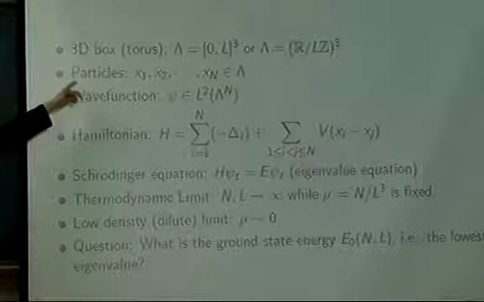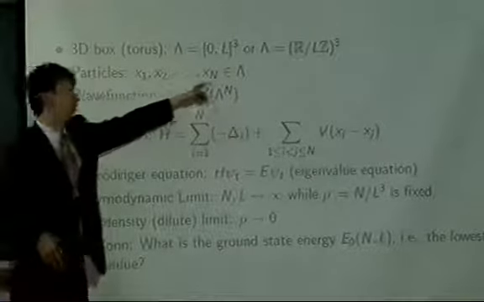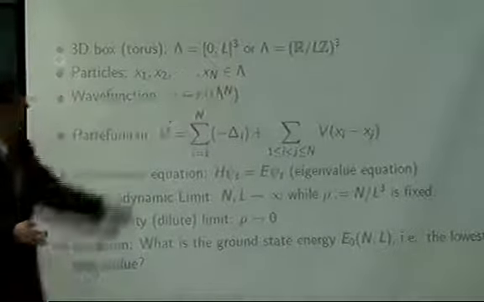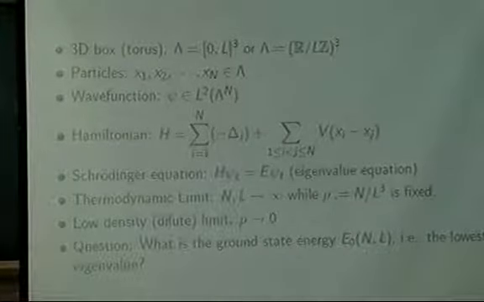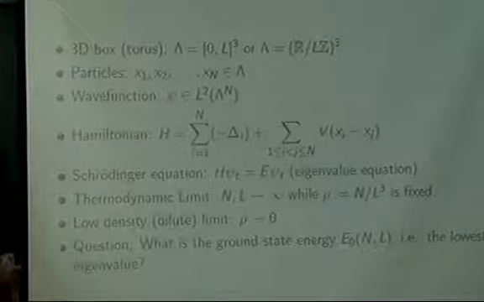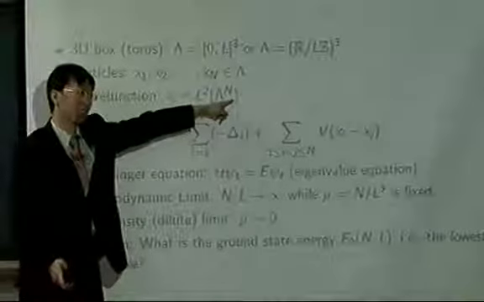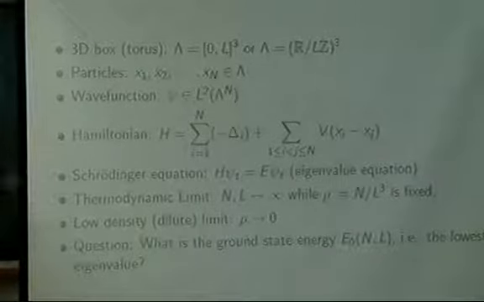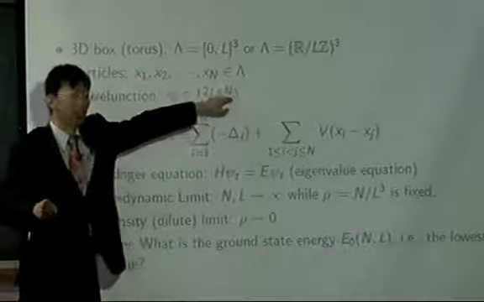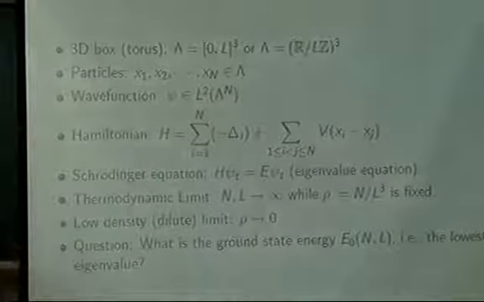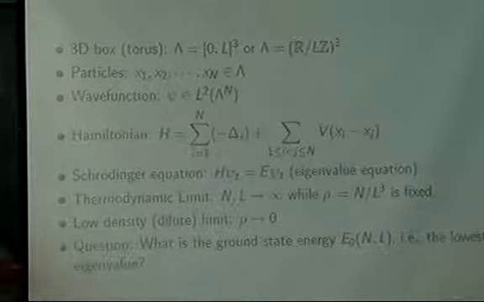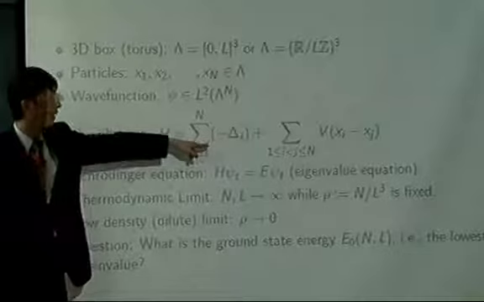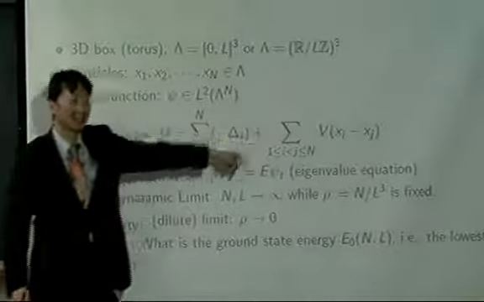And we again have particles from x1 through xn, but in this case the particles are confined in the box Lambda. The wave function psi is again an L2 function, but in this case it is L2 of Lambda^n. So Lambda is a three-dimensional box. It corresponds to R^3n, but in this case Lambda to the n. The Hamiltonian does not contain any 1 over n. So this is just the kinetic energy part, the minus Laplacian, and the potential without 1 over n.